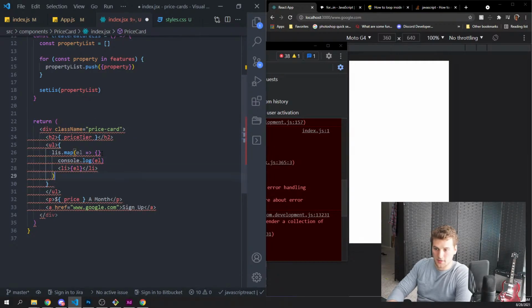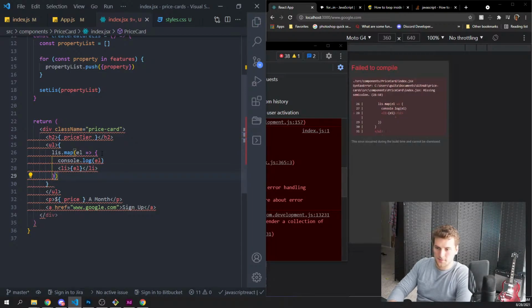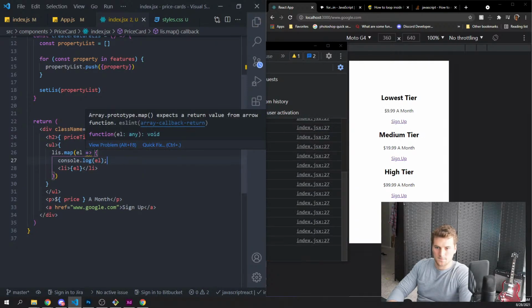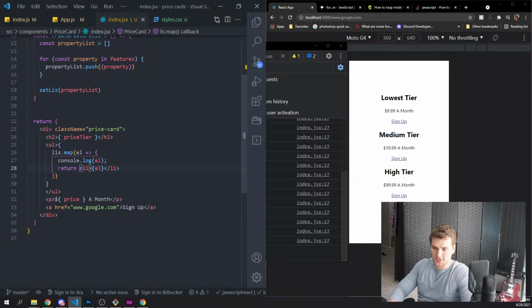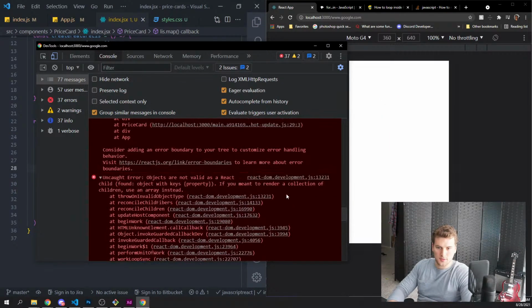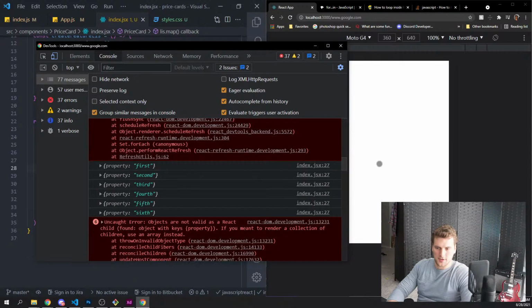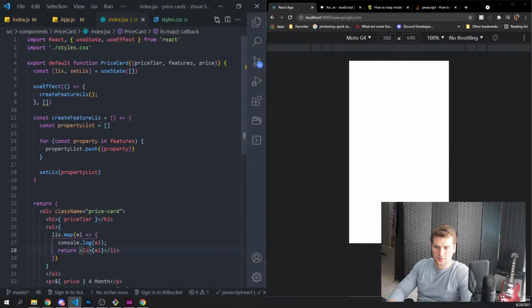And then we need to add these, and that. And then we need to actually return this. Yeah, what are the property first? So in here we're pushing, wait, what?